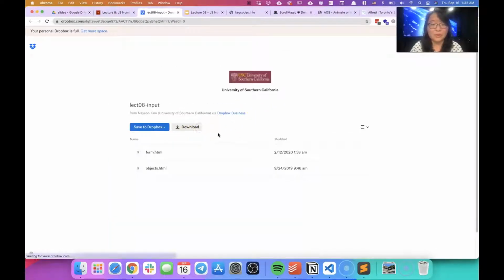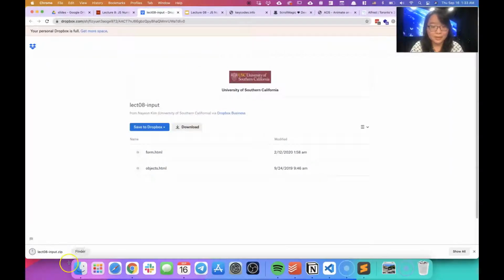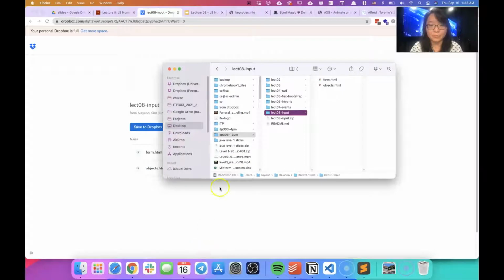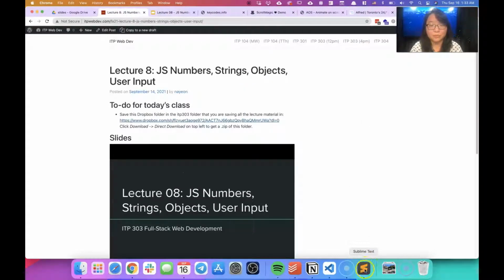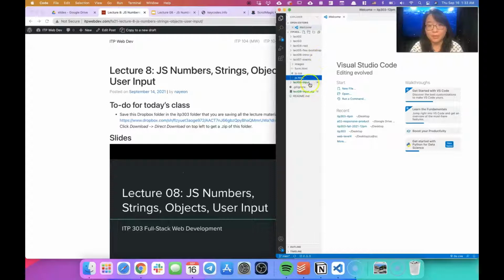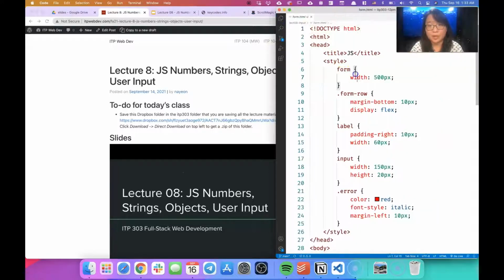Go ahead and click on the Dropbox link. Let's download this, and there are 2 HTML files in there. I'm going to download this into my 12 p.m. class folder, and I'll be uploading all this code as well. Okay, and then I'm going to close this. Let's open up Visual Studio Code. There's section number 8, and we're going to open up forms.html. Let's close that, and there we go, forms.html. Let's make our live server run,